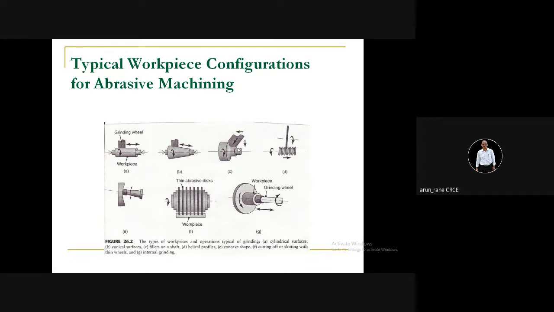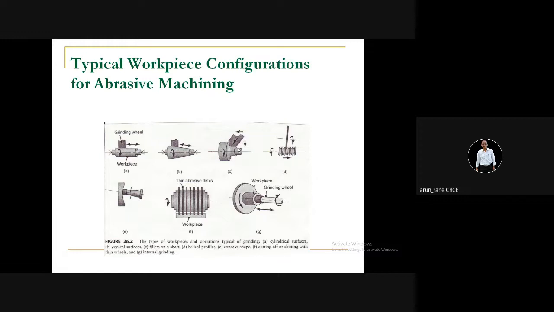See, grinding of tools, like lathe cutting tools or drills or milling cutters: once they become blunt, you have to grind them. That is done on the tool and cutter grinder. Similarly, your grinding wheel also becomes blunt. That is what is called loading or glazing. We say the grinding wheels are loaded or glazed. So you need to sharpen these grinding wheels, and that process is called dressing. Like we dress up in order to look beautiful, similarly, grinding wheels are dressed.